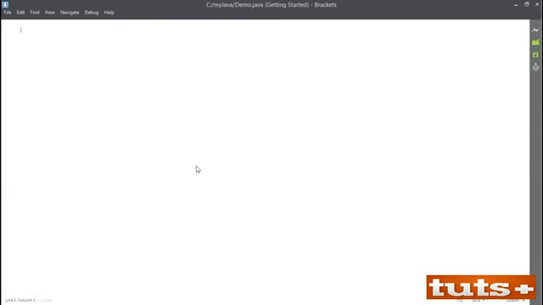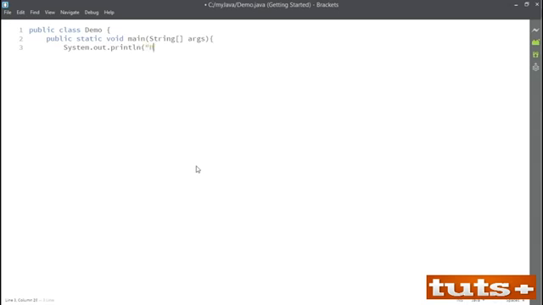Here's the code that we need to enter into the text editor. We'll start with our class definition. Public class demo. Again, capital D, lowercase emo. It has to be the same name as the file name. Open curly brackets, hit enter. Now we'll declare our main method, public static void main. In parentheses, we'll identify the parameters, String bracket, for an array of string values called args. Open curly bracket for the main, and we're simply going to do